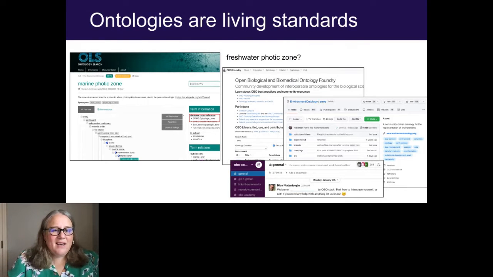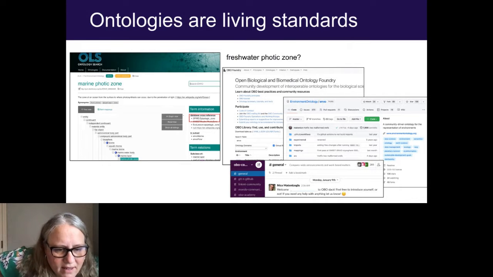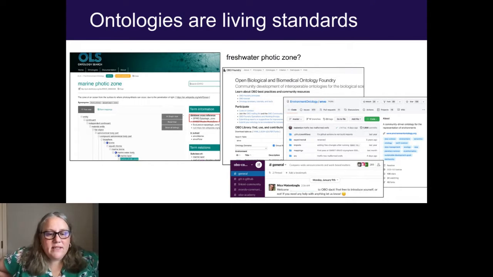So she doesn't see that in the ontology. She's looked around, and it's a little hard to see here, but in this square box, when she navigates down to the ontology, the marine photic zone, she sees that it's mapped directly to a Spire term for epipelagic zone. And so there is some knowledge in this ontology that those epipelagic zones exist, but she would have to then go to a very useful resource, the Open Biological and Biomedical Ontology Foundry, look up the ENVO ontology,